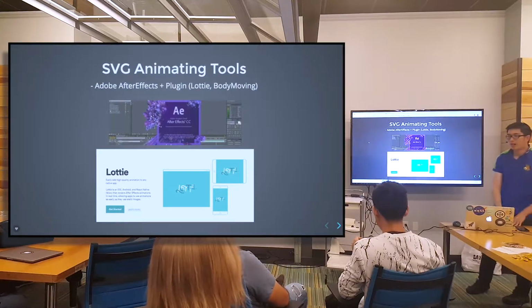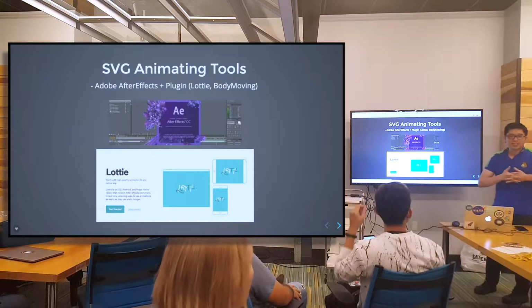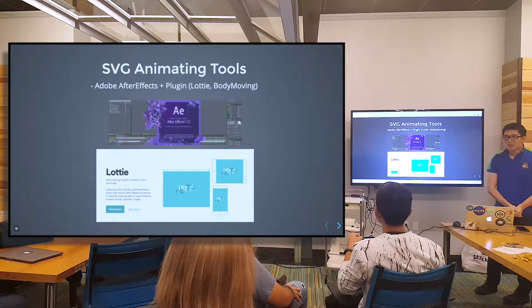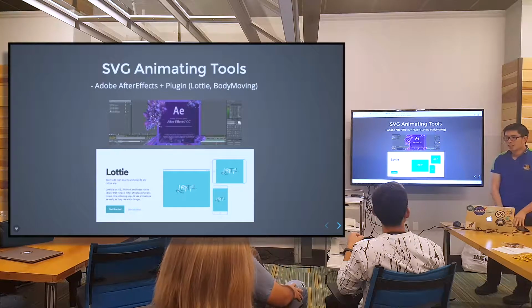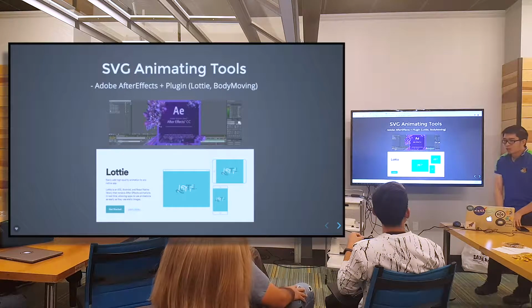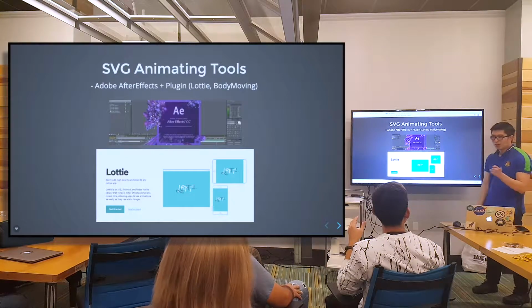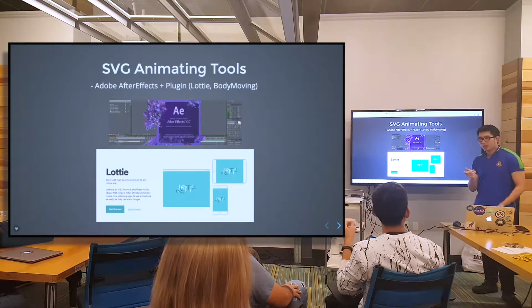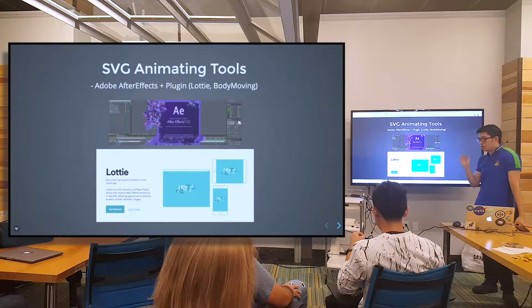Also, who here is familiar with After Effects or knows what it is? Okay, what is it? Anyone want to answer? Picture manipulation. Well, that's Photoshop. Or After Effects. Composition, definitely. Animation. Yeah. Keyframes. So if you ever watch YouTube channels like Corridor Digital or Freddie W or any other popular